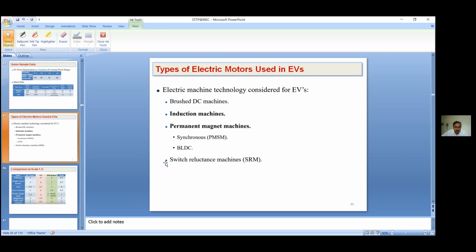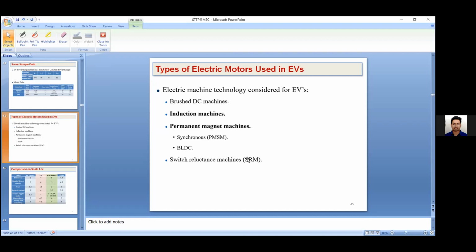Can you please explain SRM? SRM is a switched reluctance motor, sir, whose principle is based on the minimum and maximum reluctance. It comes under special machines, sir. We have a subject in electrical by the name special machines, where we have different types like SRM, BLDC, and stepper motor. Stepper motor is used for some robotic control applications.